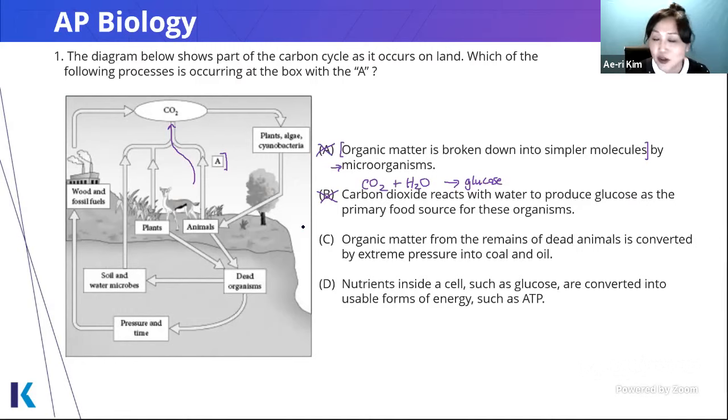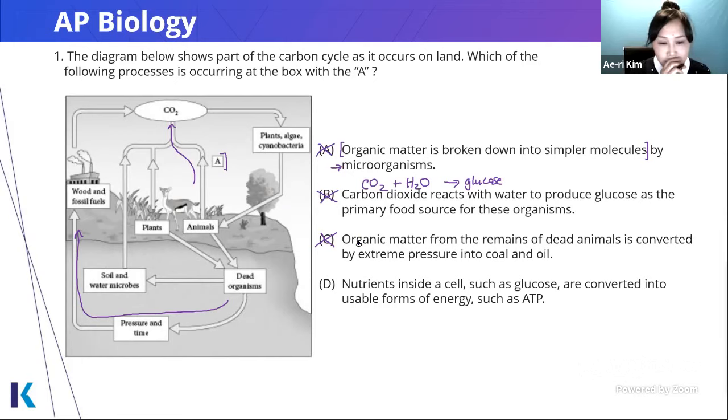Good. So C, organic matter from the remains of dead animals is converted by extreme pressures into coal and oil. Okay, well, I can recognize that from the diagram as well. Down here, we got dead organisms, we got pressure and time, creates fossil fuels that we burn. So again, another true fact from the diagram, but it is not the right part of the diagram. So C is out. So let's take a look at our remaining must-be-true answer and verify that this